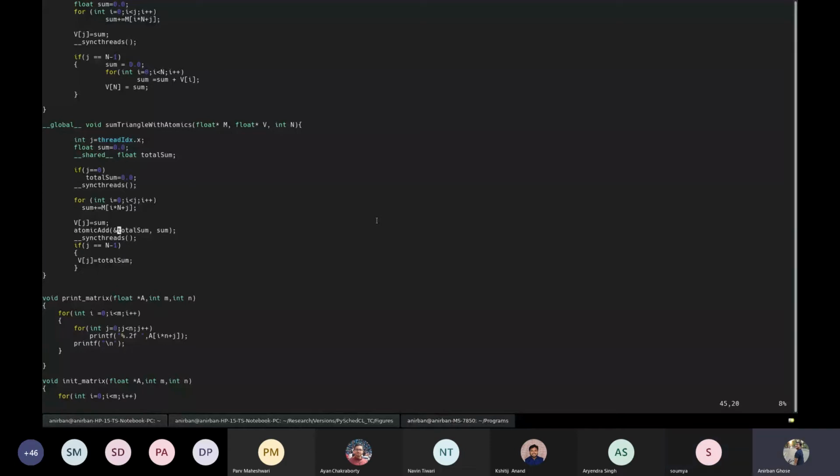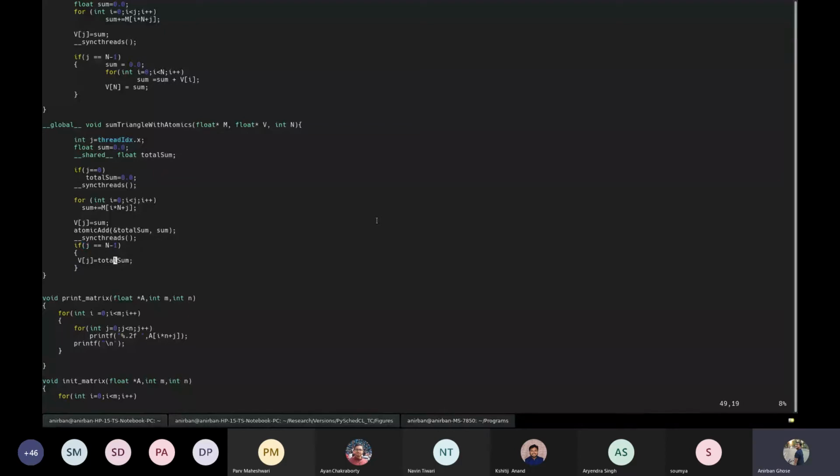Okay, because you're essentially storing the partial sums here. So in a way, you can think that this execution is essentially serialized. But still, the gain that you can get here with respect to the previous version of the code is that you directly ask the thread that is computing the column sums to update this total sum variable, and then at the end, once all of these operations have finished, you will then ask this last thread to actually compute the total sum and store it in Vn.